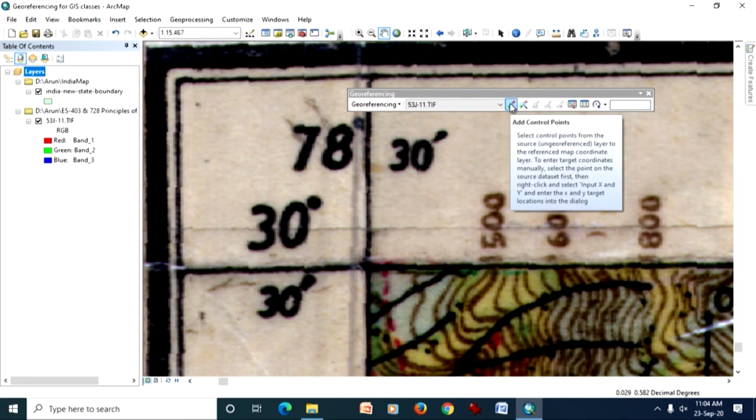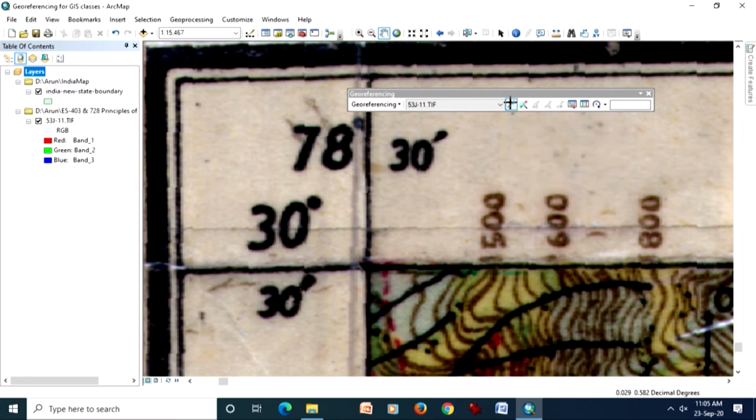Now, next step is to add control points. Help is also provided, which says to select control points from the source on the georeference. That is what, in the background, our map, the toposheet, is. Because we are doing georeferencing of the map itself, not using any other source, we are not having any master, we are creating this one as master. No problem, this can also be done. This is what I am going to demonstrate. So, first control point I am going to collect here like this.